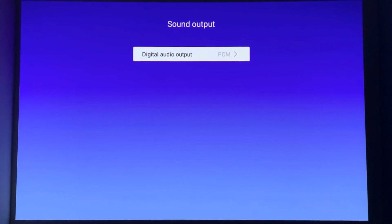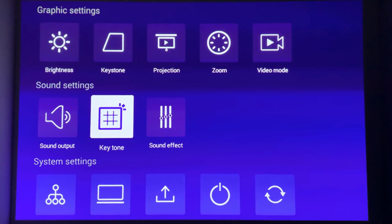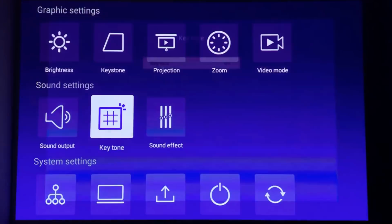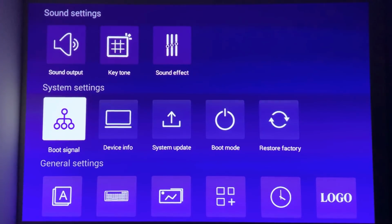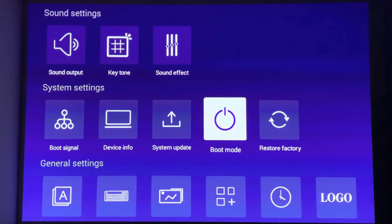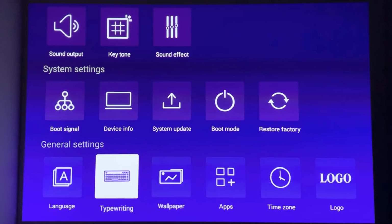Below that you do have your sound settings. Right now it's just set to digital audio, PCM. You do have your keytone, which allows you to basically customize what sounds play when you move up and down the menu. So you have your sound effects, you have your boot signal, so what happens when you boot the projector. You do have your device information, system update, boot mode, factory reset, and below that you do have a